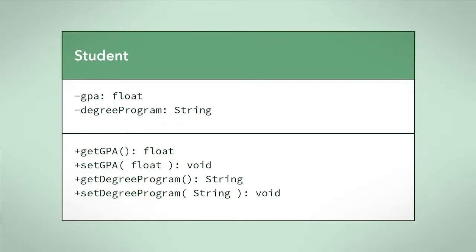The student class has its attributes hidden from public accessibility. This is denoted by the minus signs before GPA and degree program. These minus signs indicate that a method or attribute is private. Private attributes can only be accessed from within the class. Outside this class, instead of being able to directly manipulate the student's GPA attribute, you must set the GPA through a public method setGPA. By only allowing an object's data to be manipulated via a public method, you can control how and when that data is accessed.